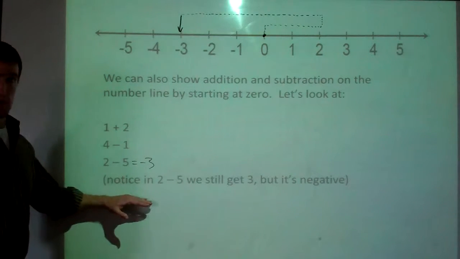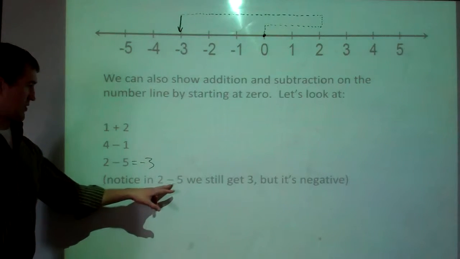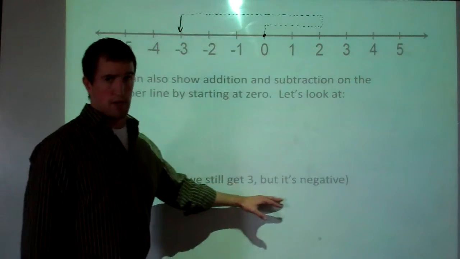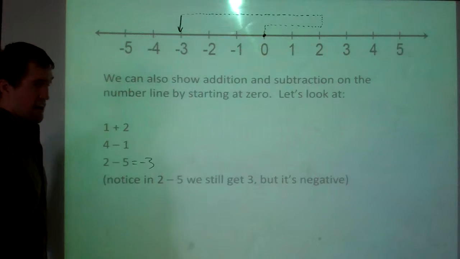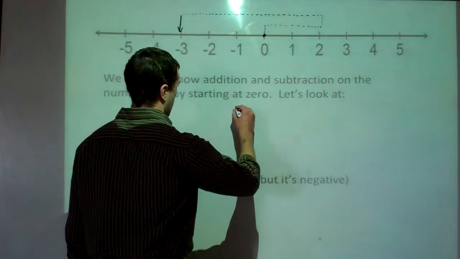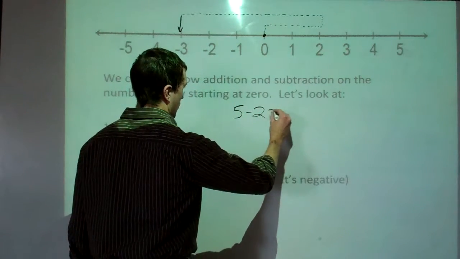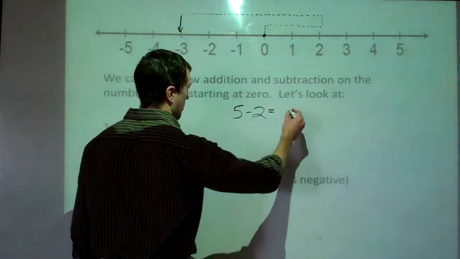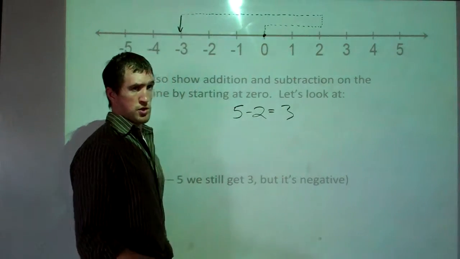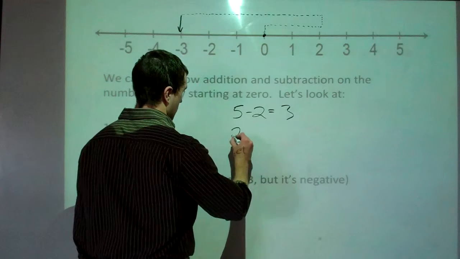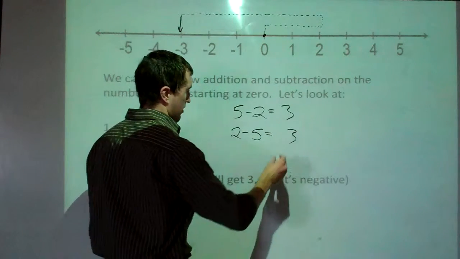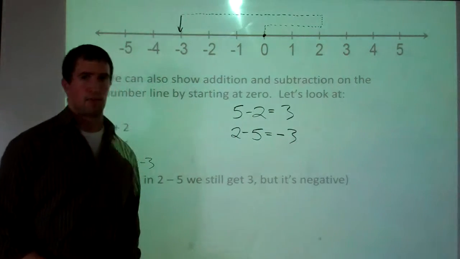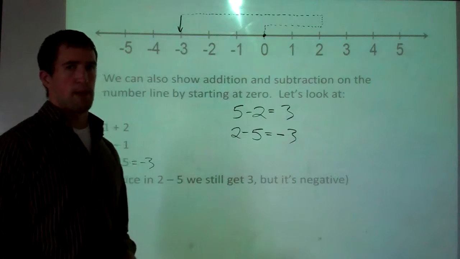Now, something to note: notice that for 2 minus 5 we get 3, but it's negative. So the thing to notice is 5 minus 2 gives us positive 3. But if we switch them around, 2 minus 5, we still get 3, but it's negative 3. So keeping that in mind,